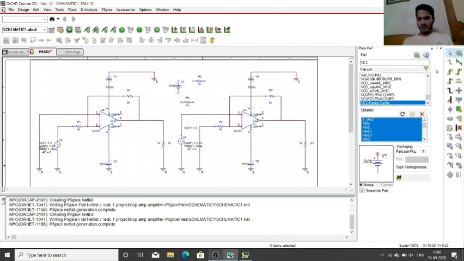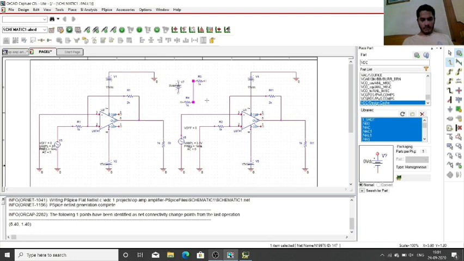Now in order to place a wire, we can select this icon here. We can join the terminals of the two components we want to join through a wire like this. Again, to get rid of it, we can press the escape key. Now in order to remove a component, we click on the component and press the delete key, and we can keep on removing these components.